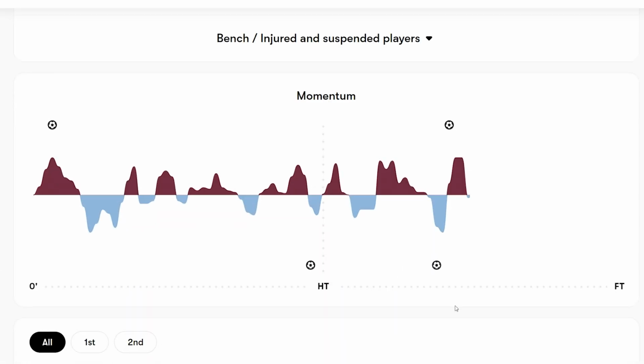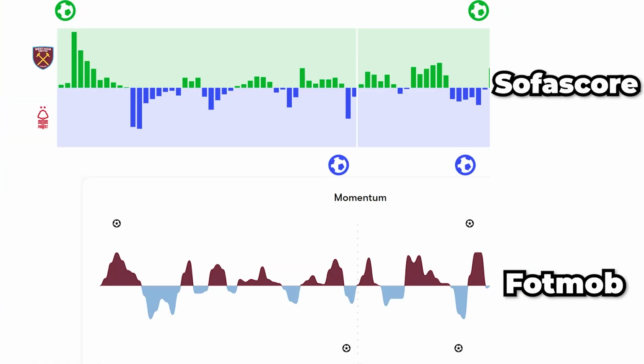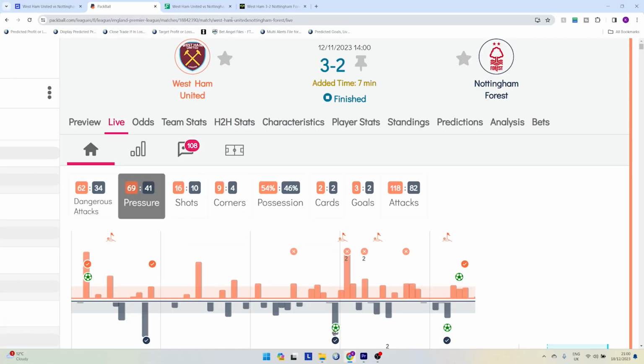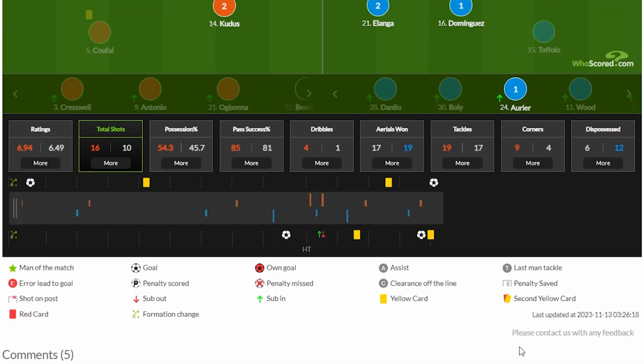The FotMob momentum chart is similar to SulScore, except here where FotMob reckon Forest had a stronger period of momentum than SulScore, and that really is the issue with both of these trackers. Without having the context of what's going on in the game, it's very difficult to interpret these charts in end-to-end games like this. But if we now go to look at both PackBall and WhoScored, we see a